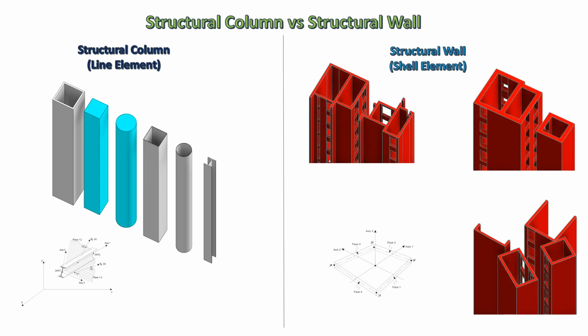However, building components such as lift core or stair core cover a much larger area than columns, not to mention typically there are many openings on the walls. Although it is still possible to mesh the line elements together with proper rigid end zone in order to represent the structural behavior of lift core or stair core, it is a tedious task and most of the time, not worth the time and accuracy loss in comparison with the shell element. In practice, I would recommend modeling lift core or stair core with shell elements